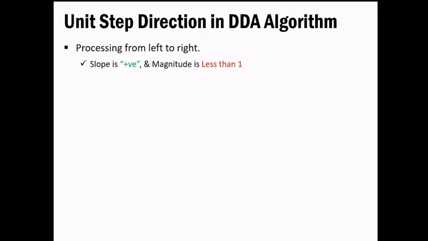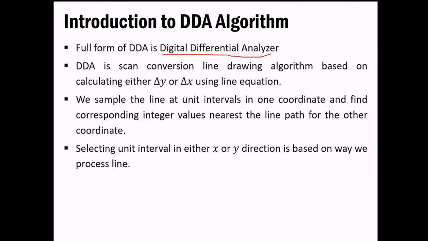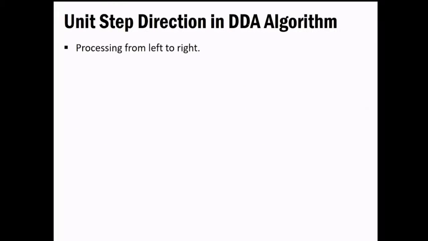Okay, so now what it says is the unit step direction in the DDA algorithm. How will we be able to make the decision? We will have a few things beforehand. Before proceeding further, what you have to keep in mind is if you want to process the line from left to right. Suppose the first endpoint is 2, 4, and another endpoint would be 4, 6. Obviously you'd say, okay sir, if the starting endpoint is 2, 4, we'd be going from left to right. That is the obvious thing. So if we are going in that direction, we have to make some decision based on that.